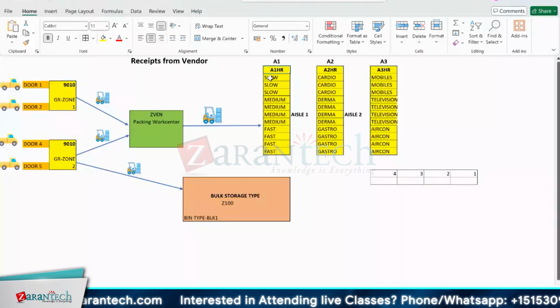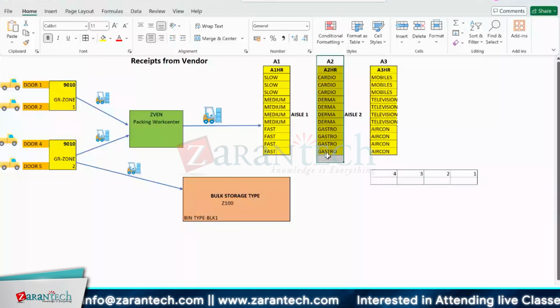Okay. So now the question is, what exactly is a storage section? The storage section is not always something where you're bifurcating the product based on fast, medium, and slow. It is not mandatory that you define your sections based on that. You can also define your sections based on, if you see the row number A2, what I have done, I have again taken a different industry, a pharmaceutical industry example, and I have defined the drugs over here based on the different categories of